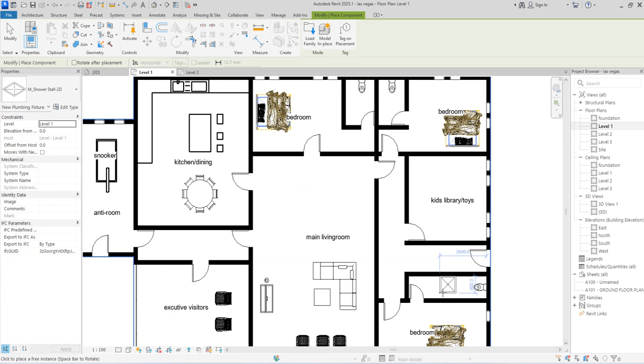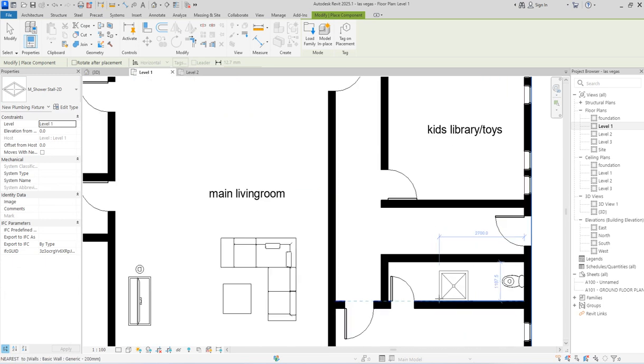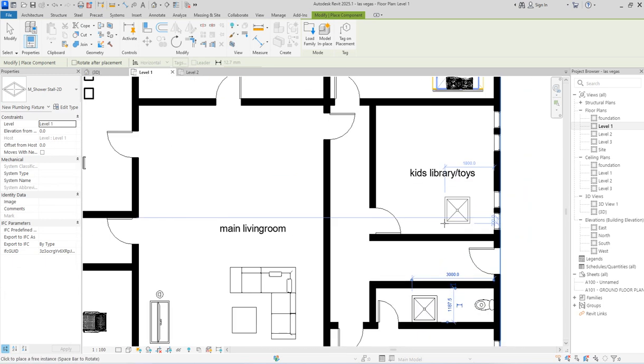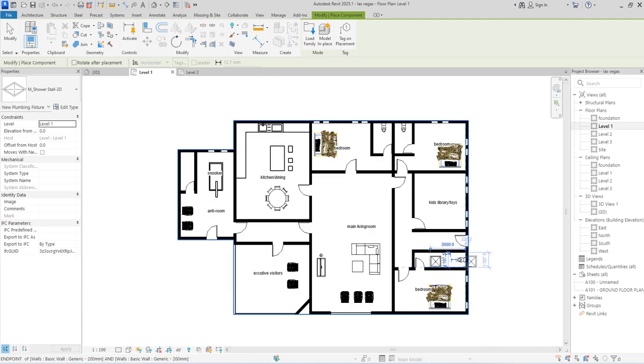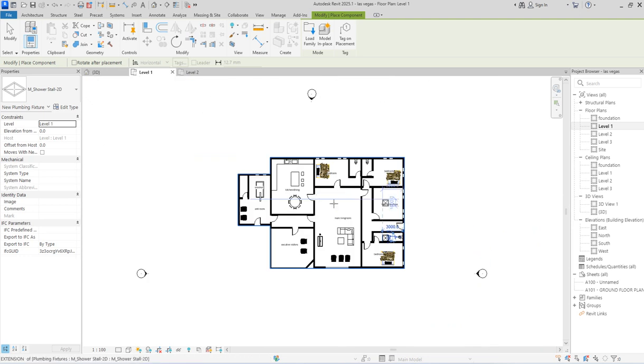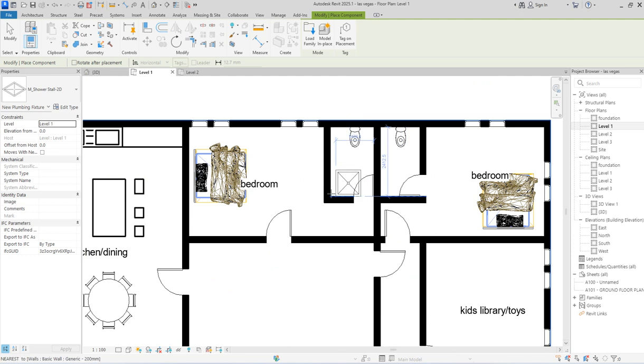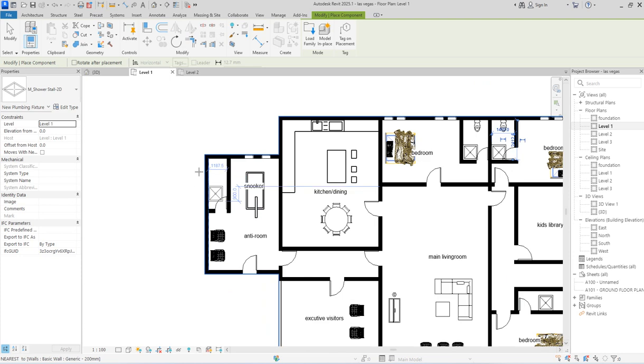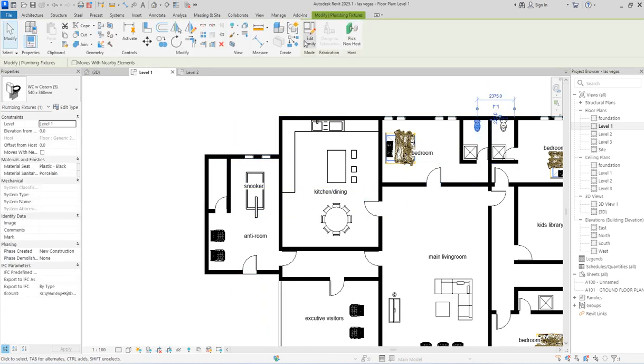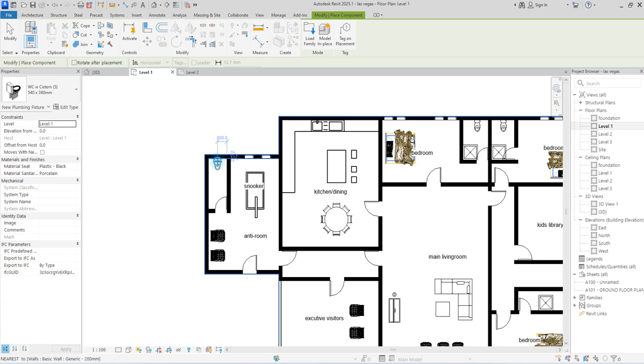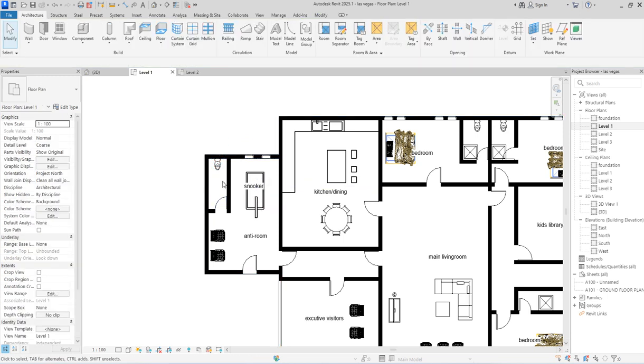So start placing them where they're supposed to be. You need SOA here. This is compulsory. You can climb it. It's not something bogus that you cannot climb. So you can go over it to the toilet part. The same thing you set up here. You don't need SOA in the visitor bathroom. All you just need is the wash hand basin. So let's go and get wash hand basin.